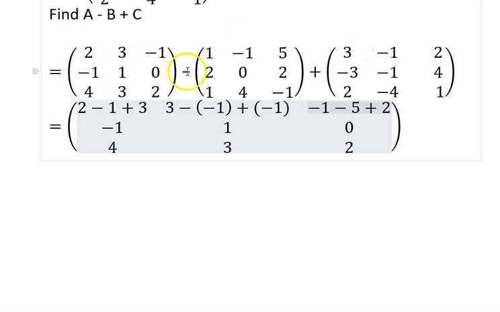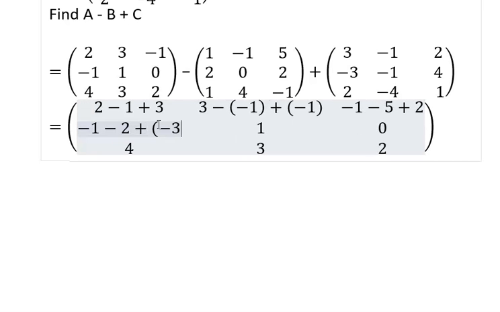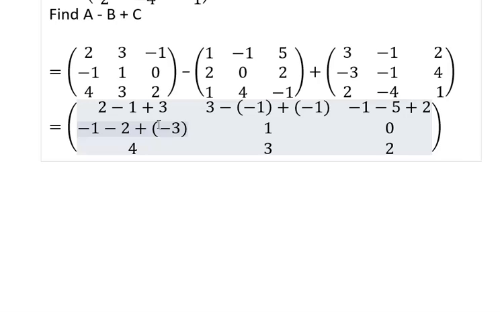Minus 1 minus 2. Ensure it is the corresponding element. Minus 1 minus 2 plus minus 3. Minus 1 minus 2 plus minus 3. Then the next one,